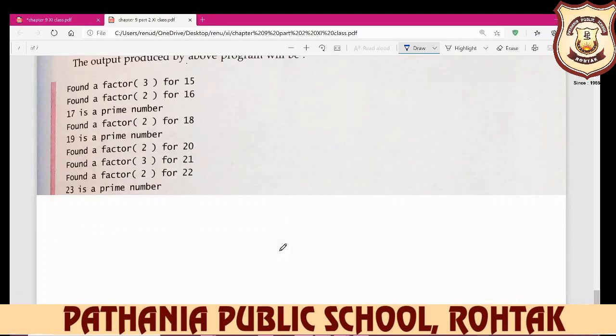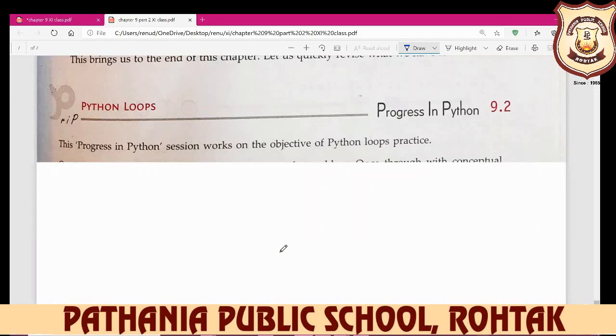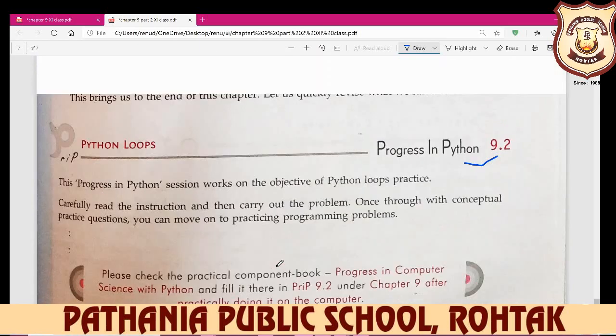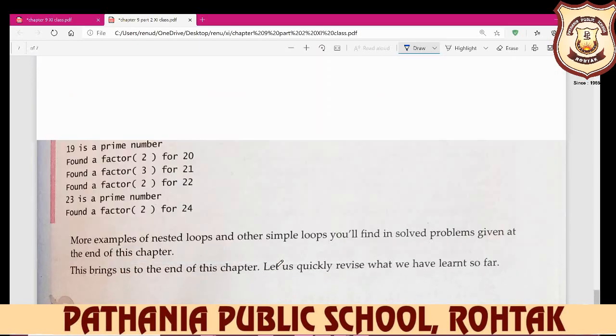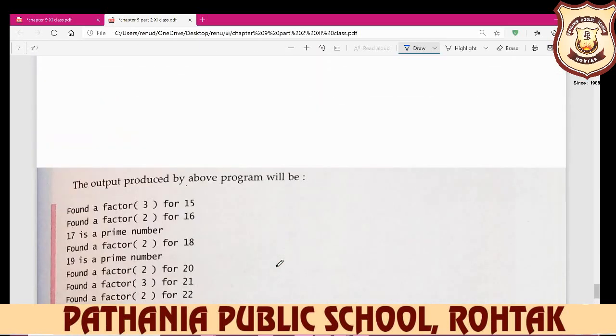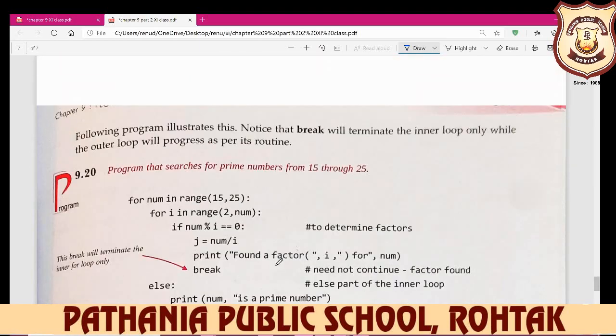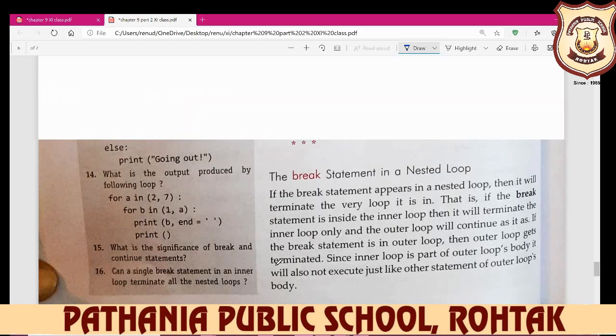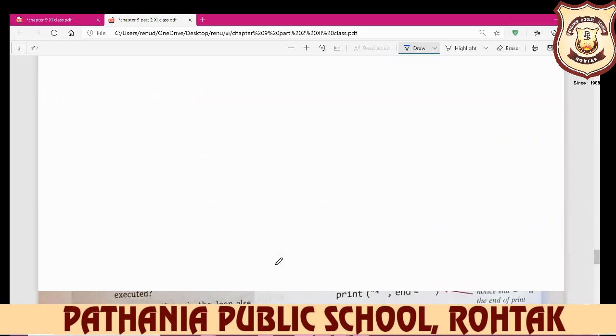And after that, better do this program on your PC or your laptop. Do it yourself, 9.2, and this is done by us. And break, yes, this is the left one.